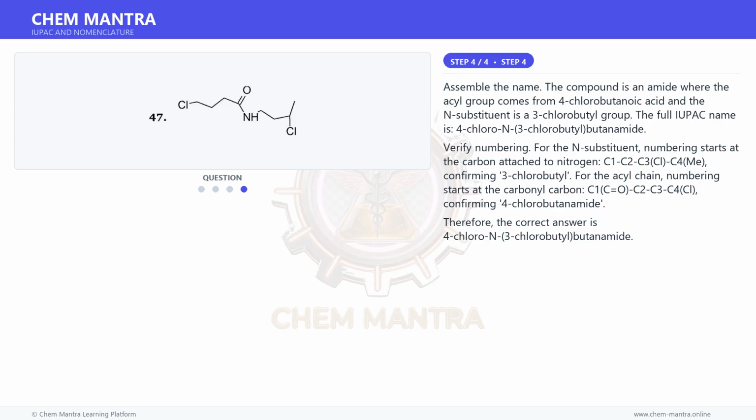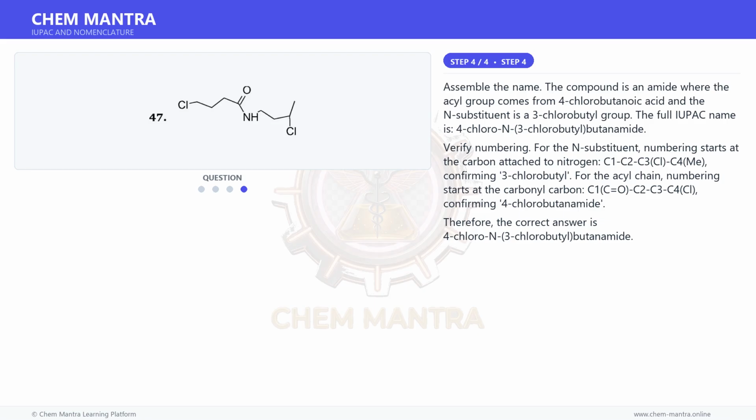And for the final step, assemble the name. The compound is an amide where the acyl group comes from 4-chlorobutanoic acid and the N substituent is a 3-chlorobutyl group. The full IUPAC name is 4-chloro-N-(3-chlorobutyl)butanamide. Verify numbering. For the N substituent, numbering starts at the carbon attached to nitrogen, C1, C2, C3, Cl,